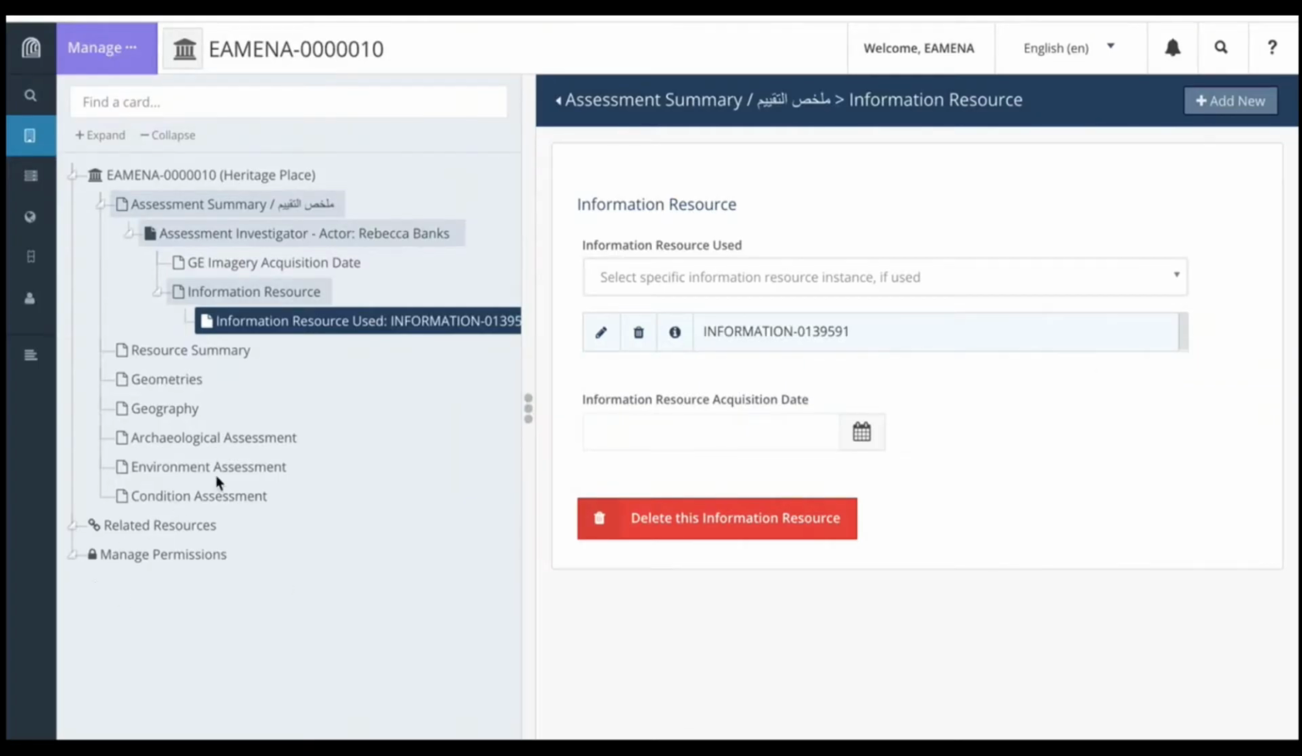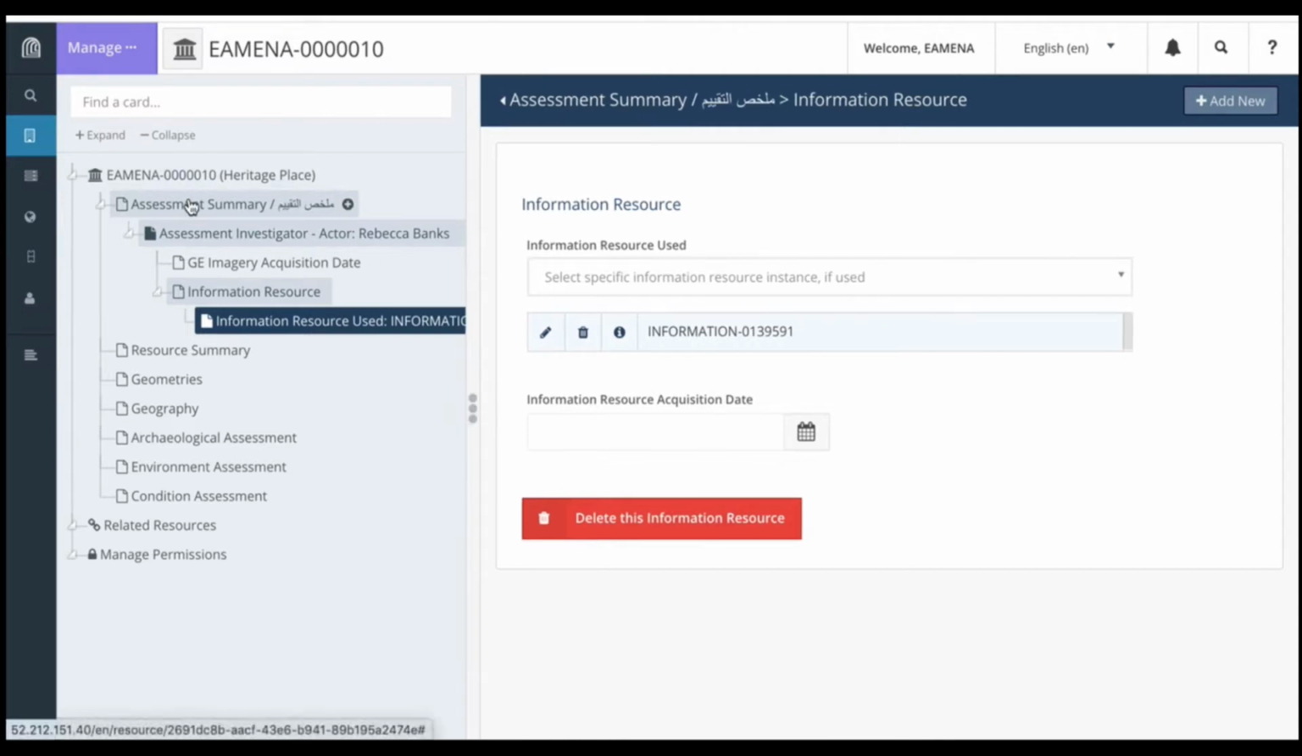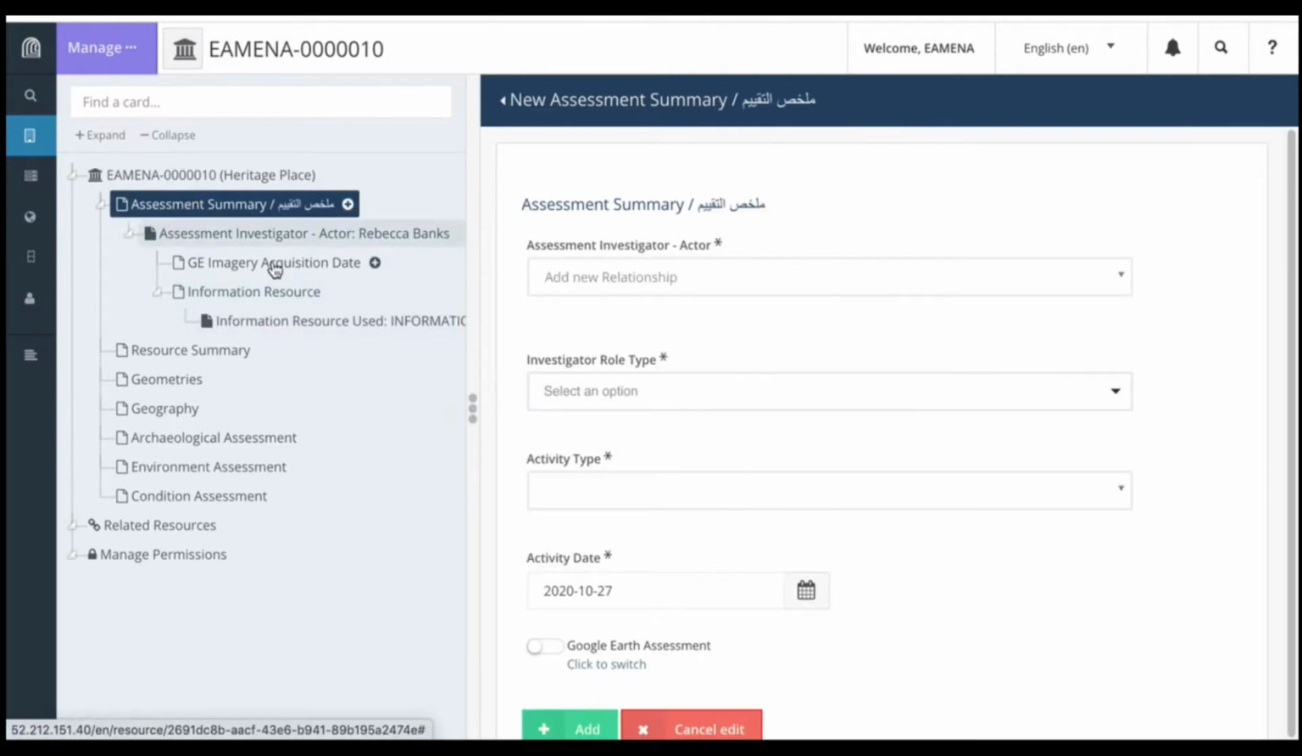In this case, we have multiple investigators. So the investigator that I've just added, Rebecca Banks, did the digitization of the survey volume, but I did the image analysis of Google Earth. So I'm going to go back to the assessment summary, and I'm going to add myself as an investigator as